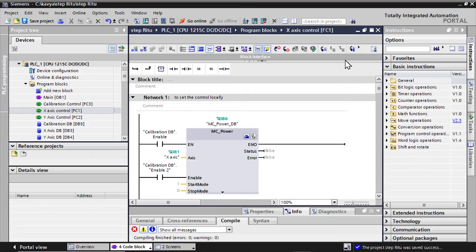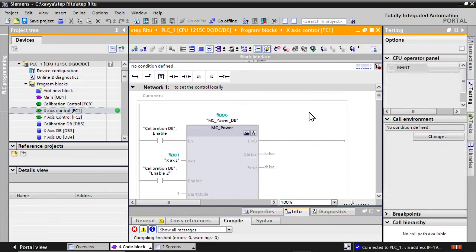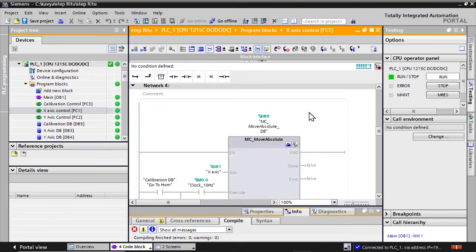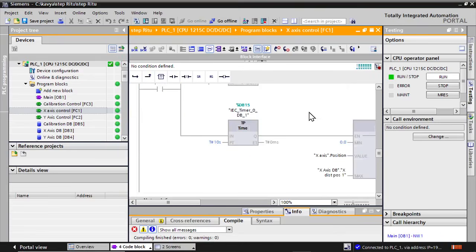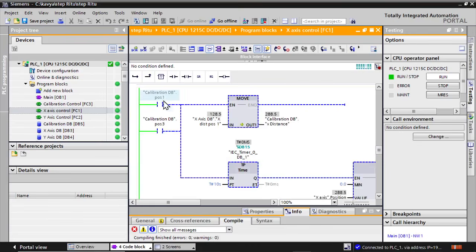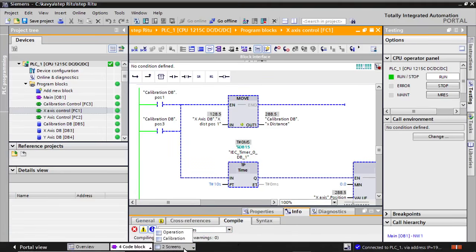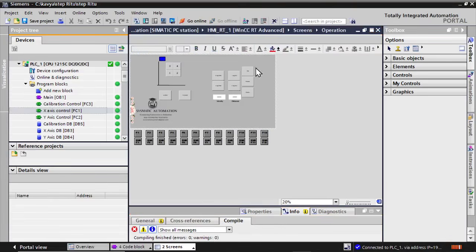If I go here and monitor, all the program functions are working here depending on the commands given. Right. Just for a quick reference, if I click position number 4, position number 1 here, this particular position will be activated through SCADA, right? So if I do the RT here,